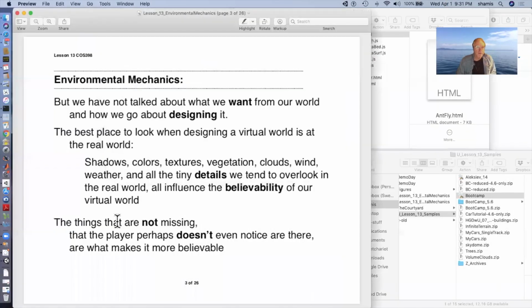I made a video last week about game mechanics. Today I want to talk about environmental mechanics, a similar kind of subject. Let me get a share screen going here. So with environmental mechanics,